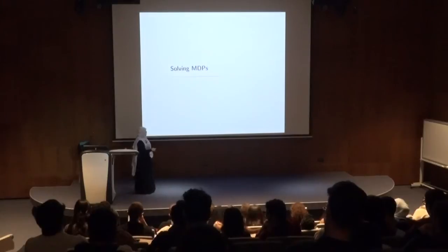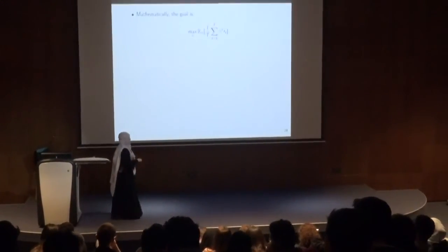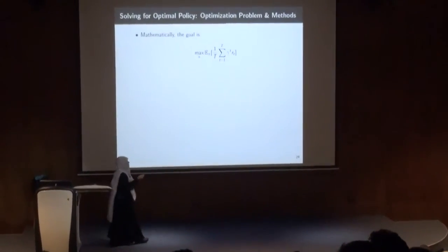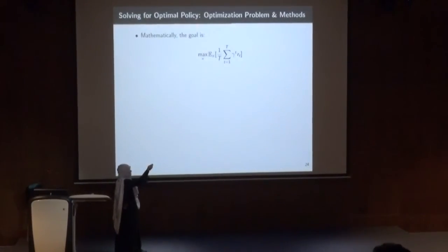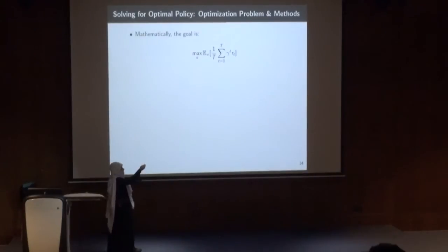Okay. So now we need to solve this Markov decision process that we have. The optimization function that we're dealing with is the following. I'm maximizing a certain number, and I'm finding pi, the policy, that maximizes this, whatever you call a loss function in other learning paradigms. I'm minimizing the loss function, maximizing the inverse of it. And I'm finding pi that maximizes this function.